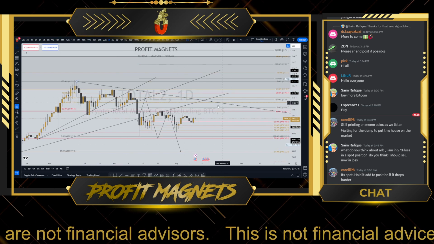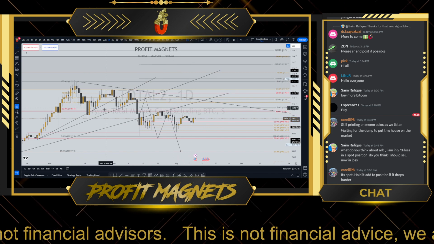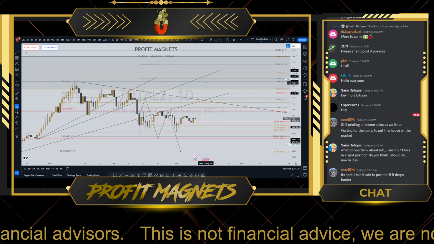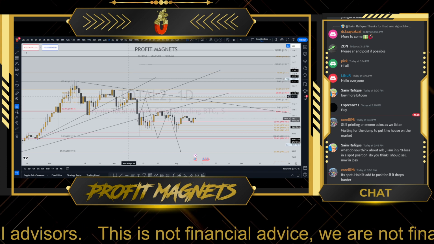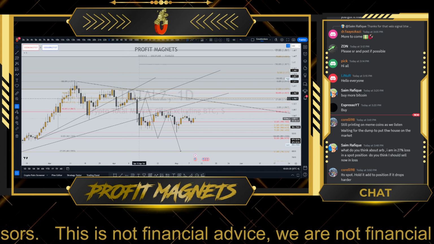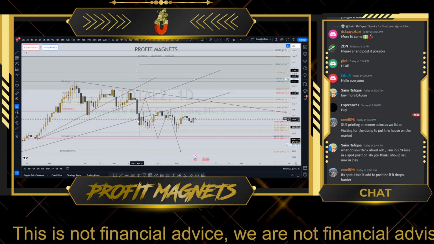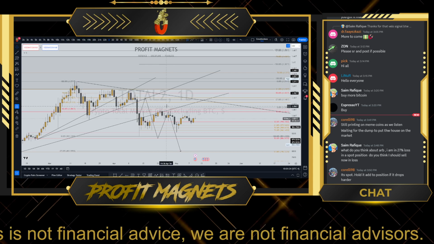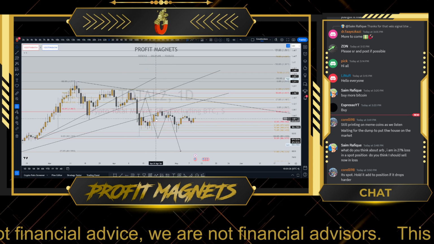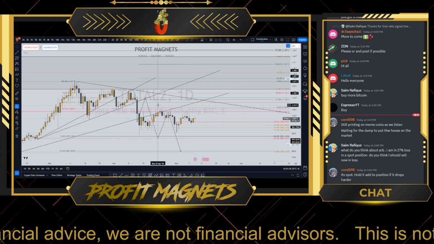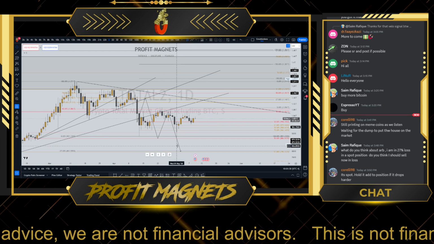There are some correlations, for example, such as the broken trend line, which is not yet to be retested. The second one is yet to be retested. The first one was retested. The second one was not. You can see that we have broken through the trend line, but we have not yet retested it. The third trend line we have broken below. We have already retested it. Since then, we started to trickle lower. So, you know, that is a possibility.